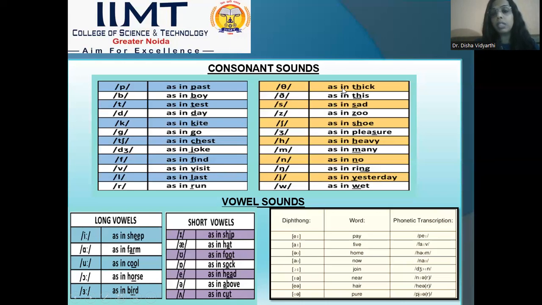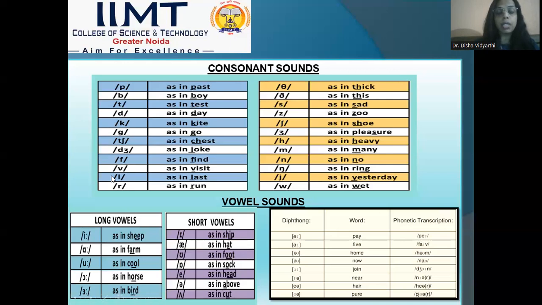Here also, for the th sounds, we use th, like in "thick" and "this". So the same consonant cluster produces both th sounds, but in phonology, the symbols over here are like this and like this. So the tip which I want to give to my students is that before moving ahead with the deep knowledge of phonetics and phonology, you need to learn the symbols of the language which you are acquiring. Here we are talking about the English language. So before moving to transcription or articulation, you need to learn and revise these symbols.